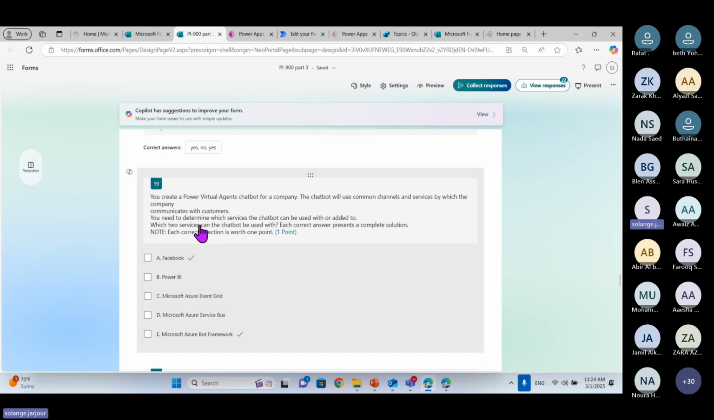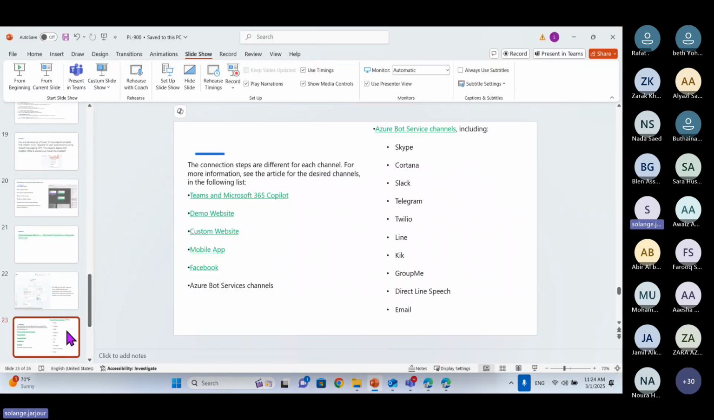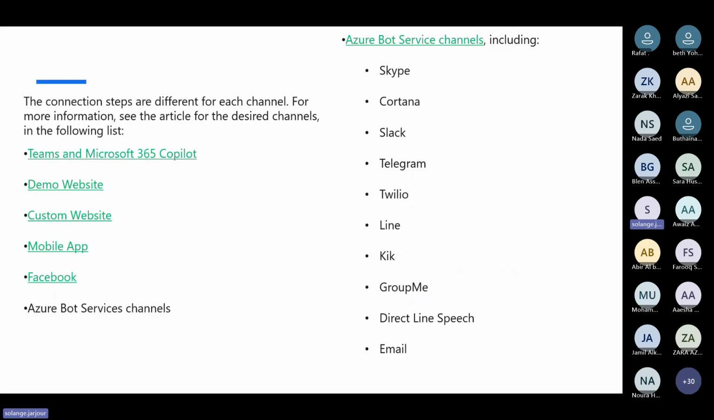This is a very nice question. So I created a Power Virtual Agent with Copilot, where I can put this agent. Here again, go ahead and check what or where we can put the virtual agent. And here is the list. So we can deploy or use this chatbot on Microsoft Teams, on M365 Copilot, on a demo website, as we saw, on a custom